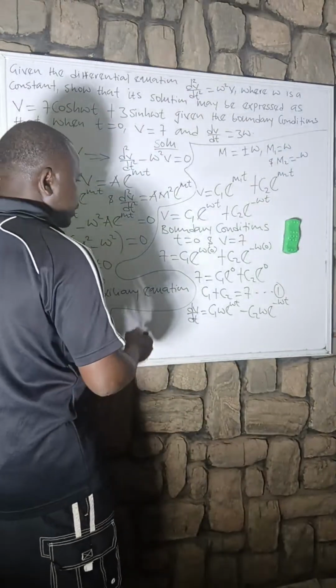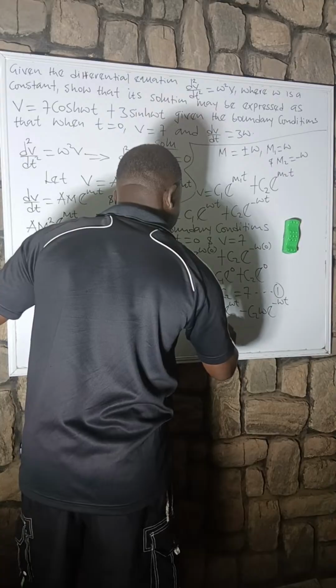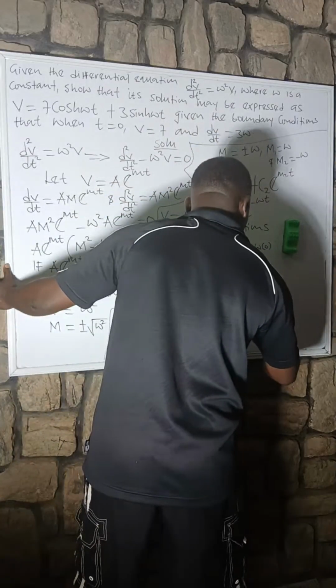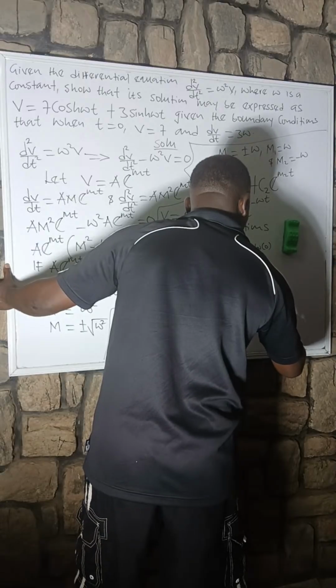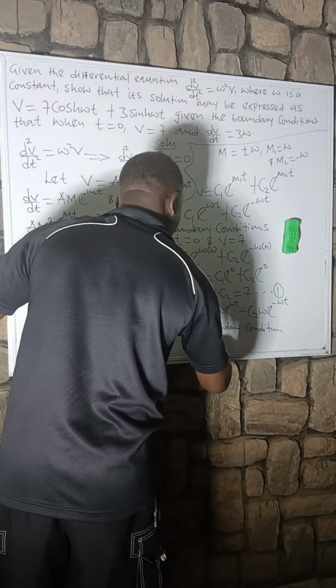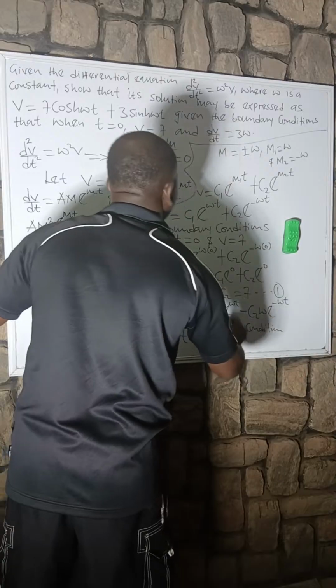Then we introduce the boundary condition, where t equals 0, then dv over dt is equal to 3